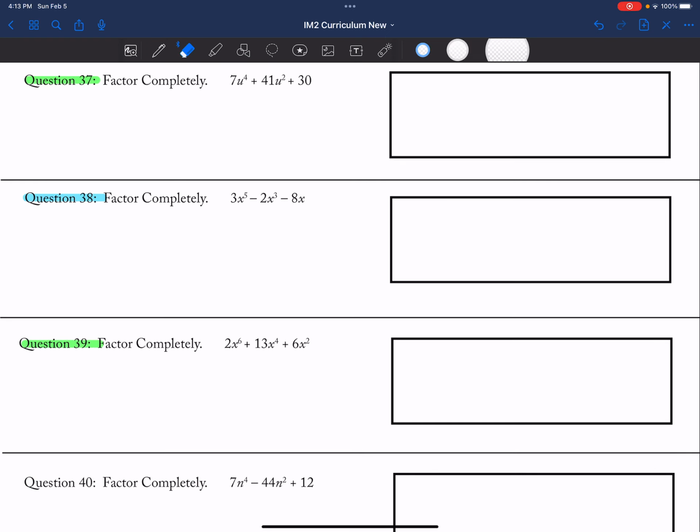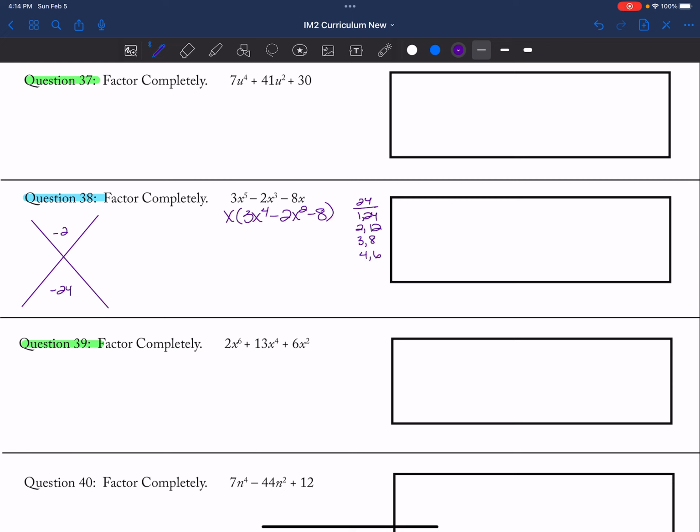We can factor out a greatest common factor. Don't want to do that with an eraser. So 3x to the 4th minus 2x squared minus 8. Okay. We're going to have to do bottoms up. So I have -2 in the top and -24 on the bottom. So 24 is 1 and 24, 2 and 12, 3 and 8, 4 and 6. Okay, so I want